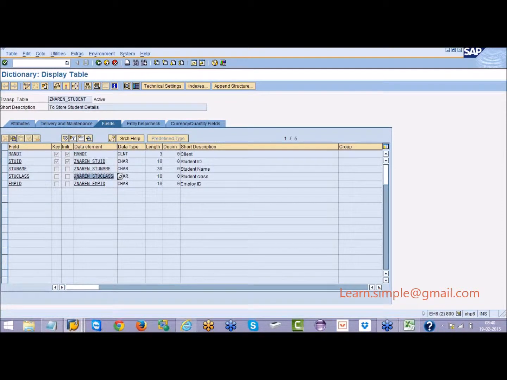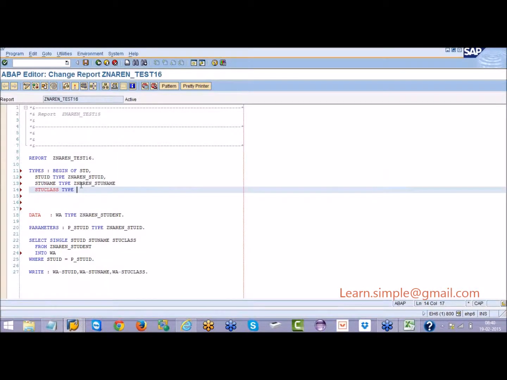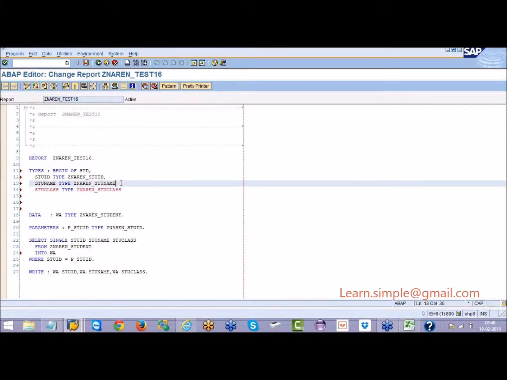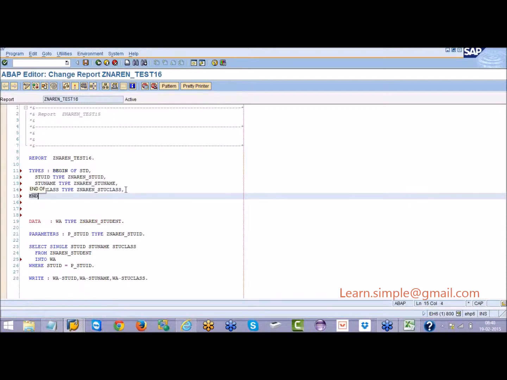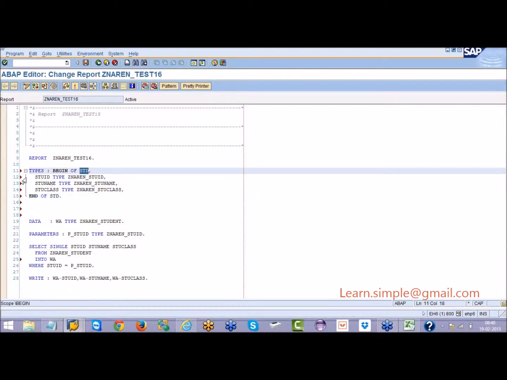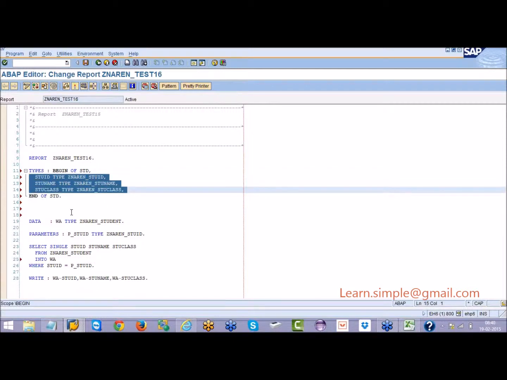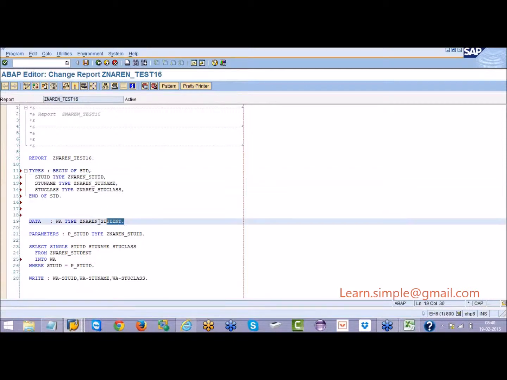So that is the data element for STU class. All fields should be separated with comma. Finally, END OF STD. So my structure name is STD. My structure has 3 fields. So now here, instead of giving this table structure, I will provide here STD.